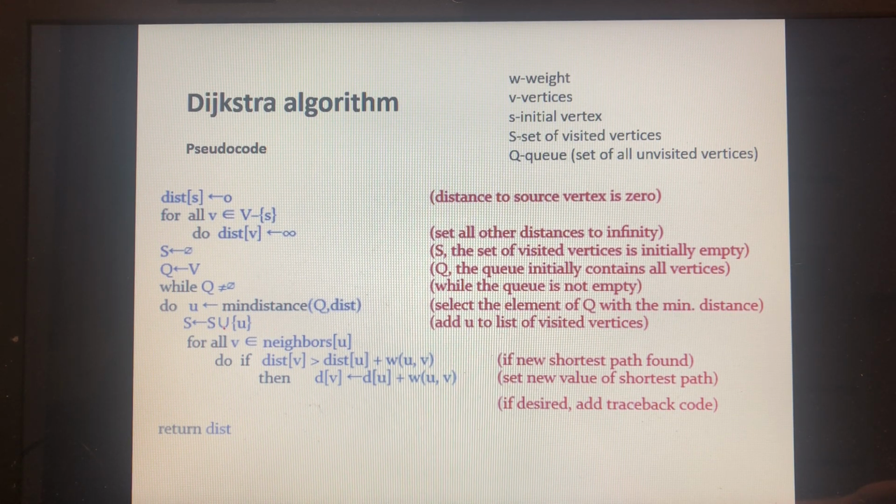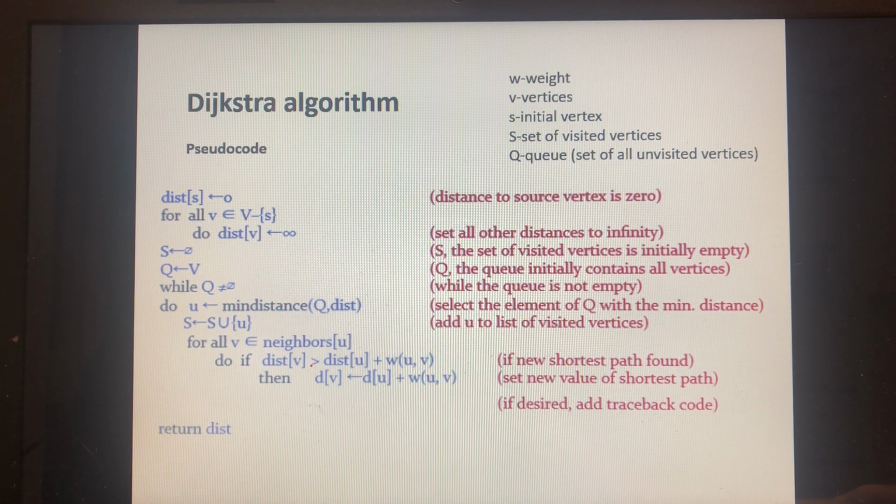This means the union of set S and the vertex U. So the vertex U is added to the visited vertices. So U is added to the list of visited vertices. Then for all V that are neighbors of U,